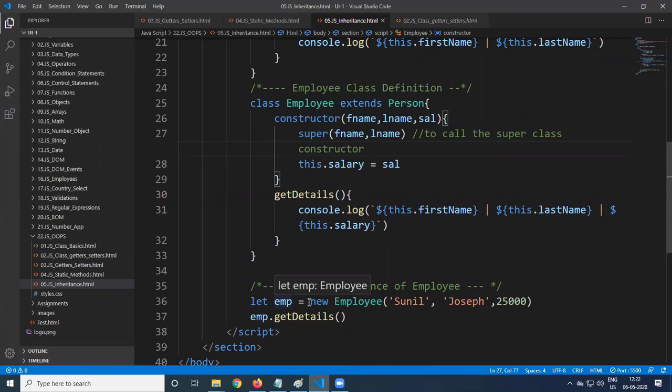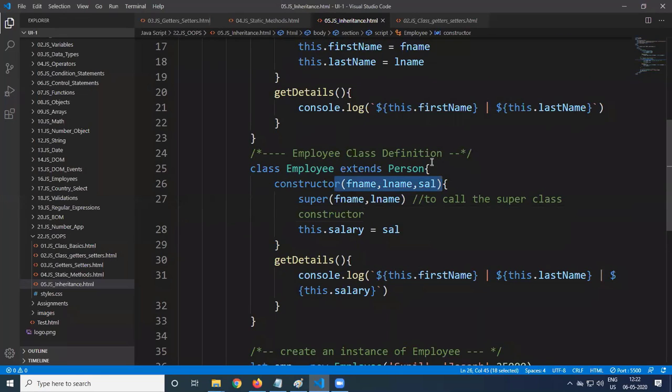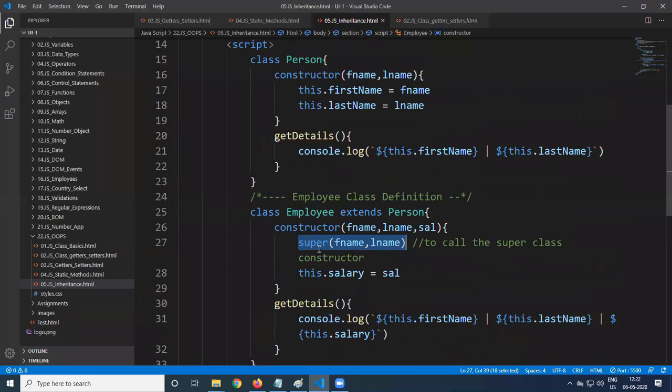Now what is the flow of execution? Let emp is equal to new Employee. These values are given. It will come to its own constructor. In every constructor, the call to the superclass constructor should be the first statement. Super of fName, comma, lName.